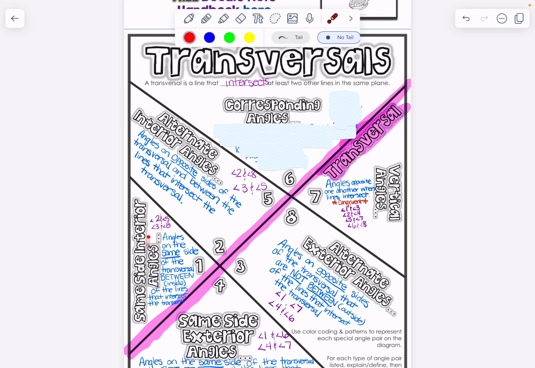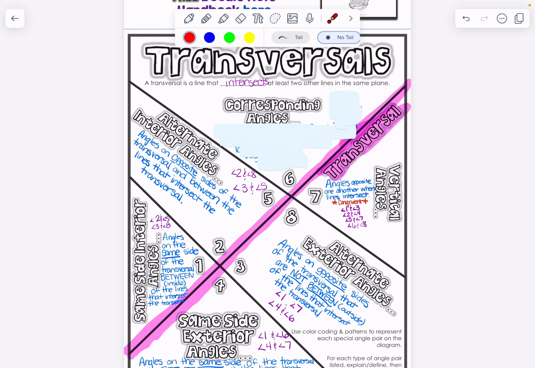Same side interior. Interior again means we're in between the lines. So same side of the transversal, that would be angles 2 and 5, and then 3 and 8. And then same side exterior angles, again, we're on the outside of the lines. So same side of the transversal, so 1 and 6, and 4 and 7 would be your same side